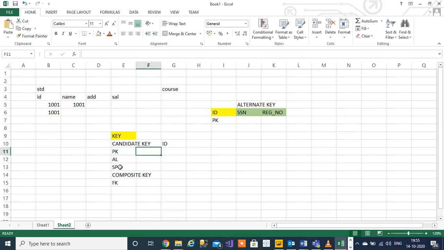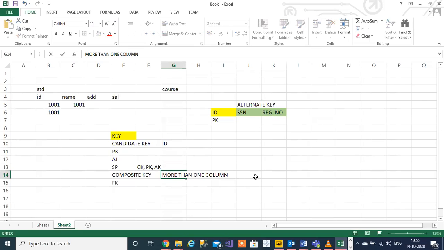Next, what is super key? Super key means the candidate key, primary key, and alternate key, all of these are known as super key. But what is composite key? Composite key means more than one column. In some scenarios, you need to choose a unique column, but in some cases you don't have any unique